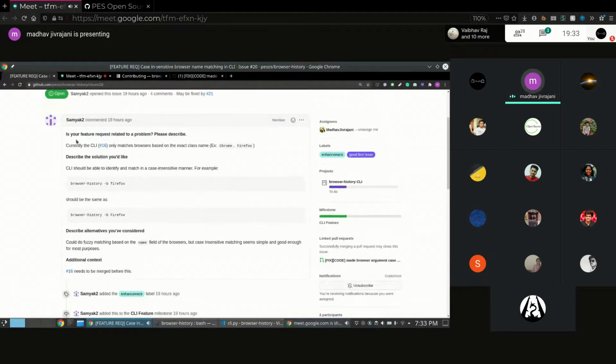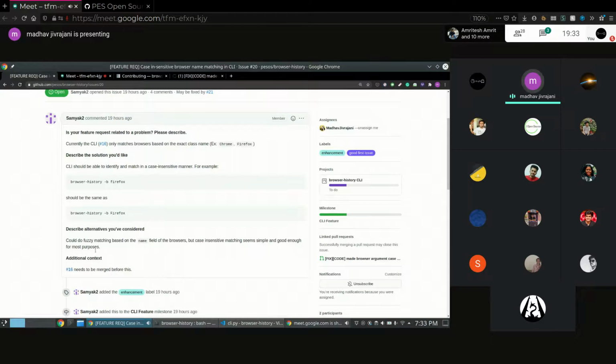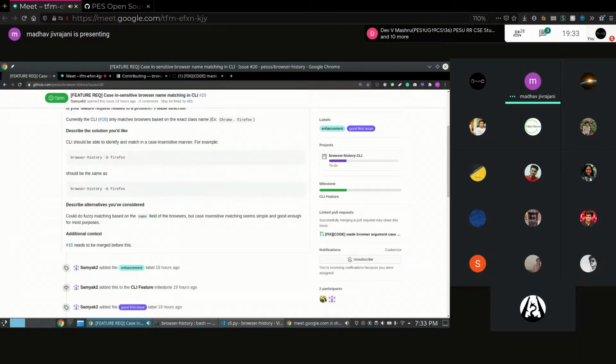So it has stuff like, what is your feature related to, describe a solution you'd like, and describe any alternatives that you've considered. Since the issue has this field called describe alternatives you've considered, it's highly recommended to read it, because the person creating the issue would have thought of some alternatives that might be beneficial to you. And especially if the maintainer has created the issue, that suggestion is extremely helpful, because no one knows the code base like the